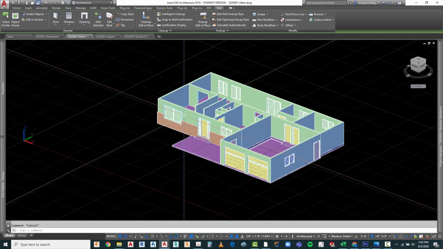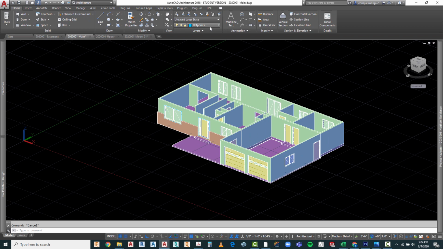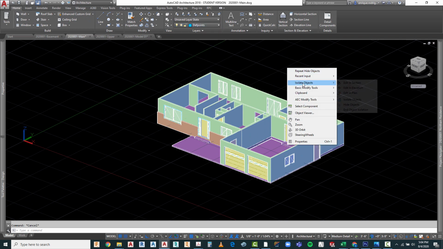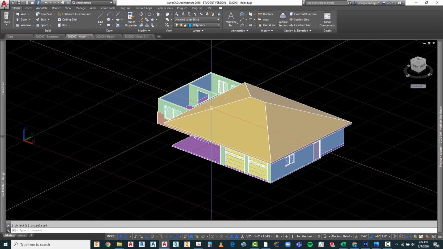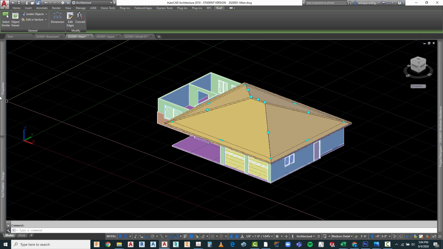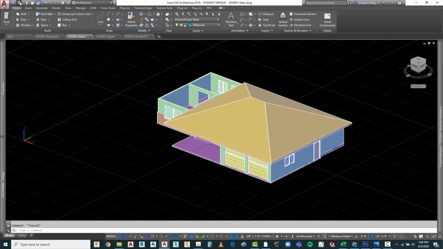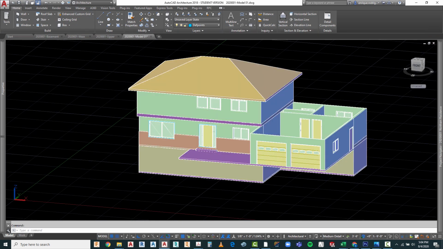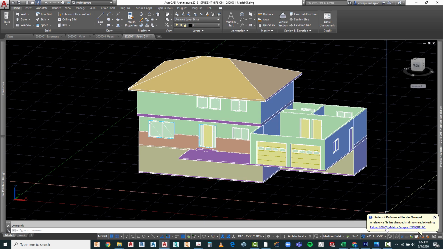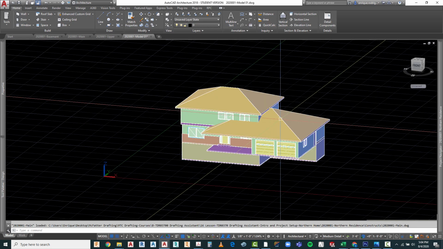Let's check and see what happened with our A roof. I'm going to go back to my isolate and object isolation. I'm going to highlight my roof. Properties, bearing is 8'2", so everything looks good in there. I'm going to go ahead and save it. And at this point you start going back and forth between your model and your constructs. You can take a look at that. That looks actually